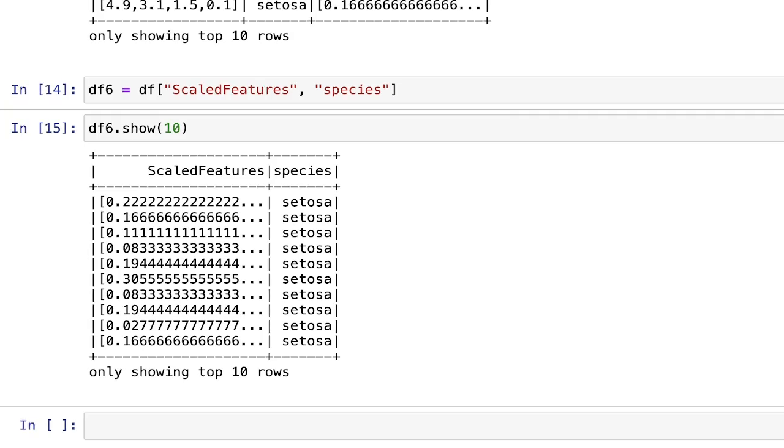Any PySpark model receives data in this particular format. Firstly, it requires it in a vectorized format. It cannot take multiple columns as input simultaneously. It needs to be in a vector format. That vector can have multiple values, but it should be a single vector, fine. And then one target column. So there should be one input feature vector and one target column. And also in addition, that input feature vector should be normalized so that there will be no bias while training the model. So this was all about data normalization in PySpark.